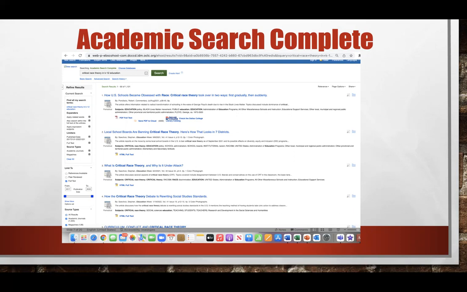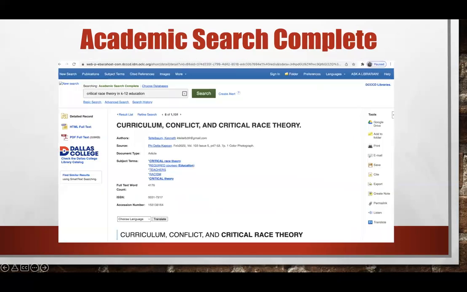And so as I looked at these, and as Professor Corbin said in the library media video, sometimes you're not going to find all of your articles on the first page. So don't feel badly about going to second and third and fourth and so on and so on. But right here, you can barely see it. I'll show it to you better here in a minute. But I saw curriculum conflict and critical race theory. So of course I want to go to that, see what it says.